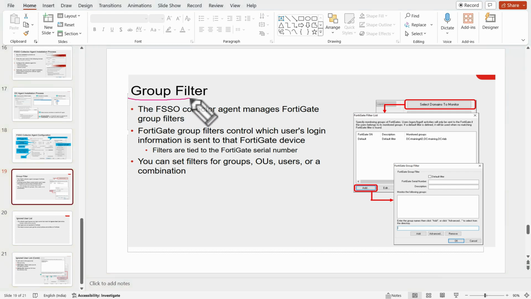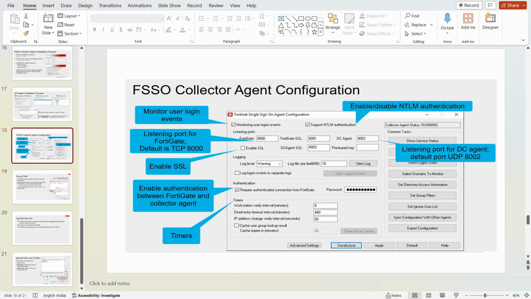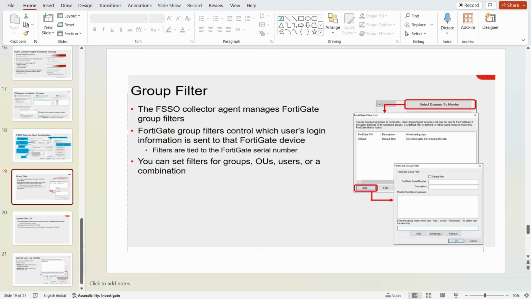Now let's understand the group filter. So we just saw that there is an option for the group filter, and which is this option. Here we have that group filter. So we are learning this group filter option. In this group filter, the FSSO collector agent manages FortiGate group filters, and FortiGate group filters control which user login information is sent to the FortiGate device.